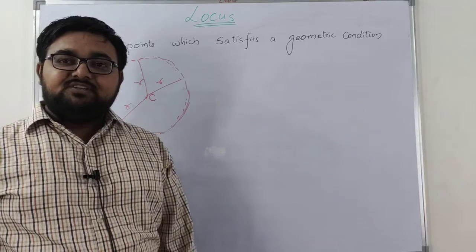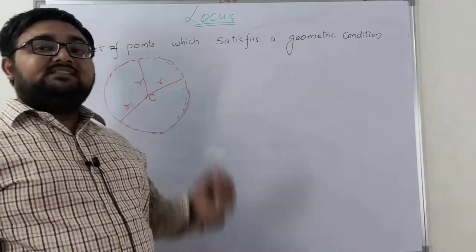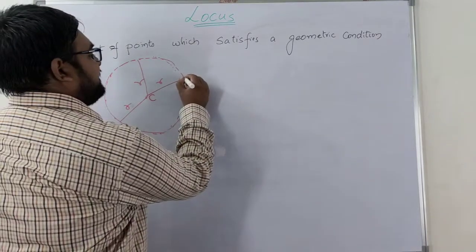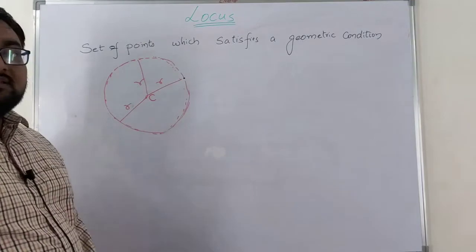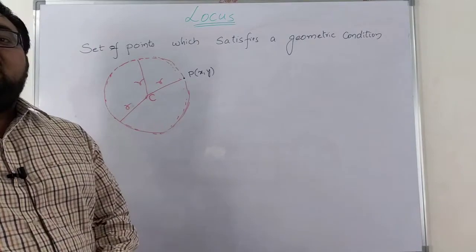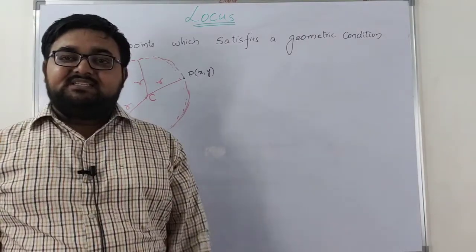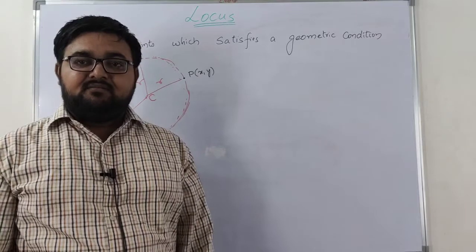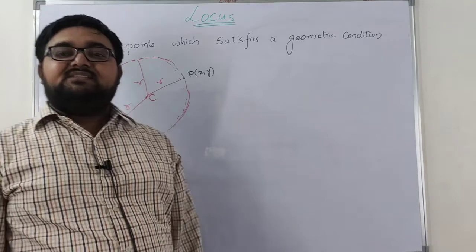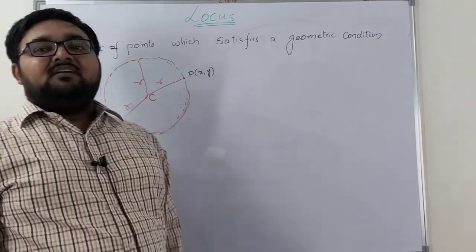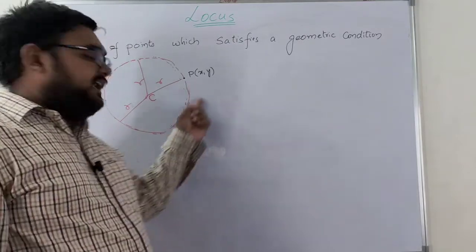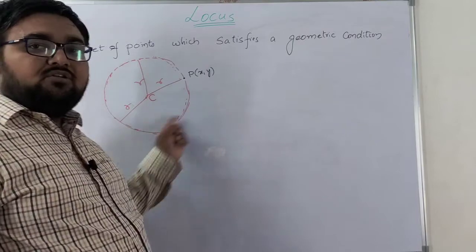So it is following the condition: from a fixed point the distance should be the same. Now in this particular context, whatever point is present on this locus, I will represent with some P(x, y). Why I am expressing it as P(x, y) is because I am going to consider a coordinate plane. The Cartesian coordinate system consists of the x axis as well as the y axis. So whatever point is present in the xy plane, I consider it as P(x, y). Now this P(x, y) I can take anywhere on this particular locus.